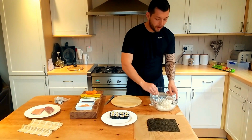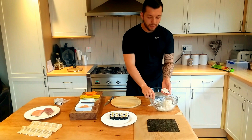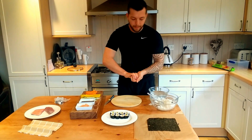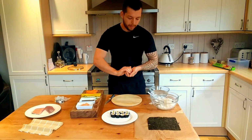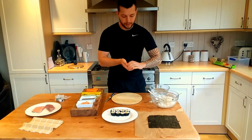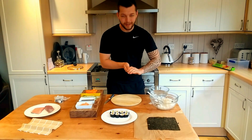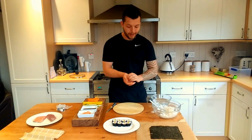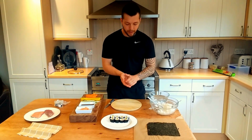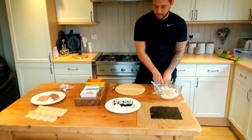So what I'm going to do is show you something that a Korean friend of mine showed me to do with the remaining pieces of rice, and that's where you want to create a cup shape with your hand, and then pass it over each hand in a motion that gets a nice shaped piece of sushi. Now, I'm no artisan or professional when it comes to creating this piece, but what I'm doing is trying to get it compact, creating a shape to it, and with that shape, I can place that extra bit onto my plate,